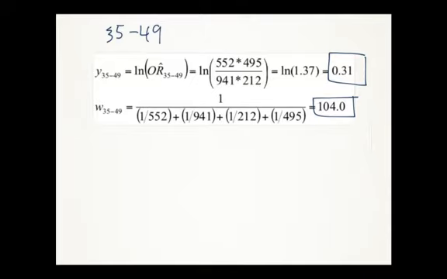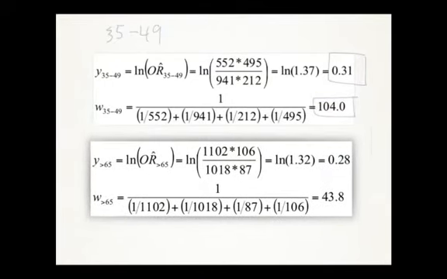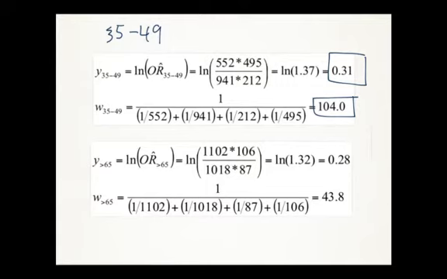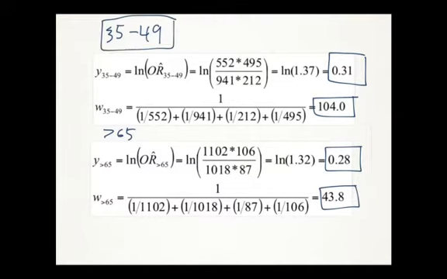104. Okay. So now what would it look like for those greater than 65? That's here. Okay, so these are among those greater than 65 years old. And the log of the odds is 0.28. And then my measure of how sure I am is 43.8. This means that we have a lot more information in the 35 to 49 group, because the W for that group is larger, 104 compared to 43.8. What that means is I want to give more weight to my estimates from the 35 to 49 group